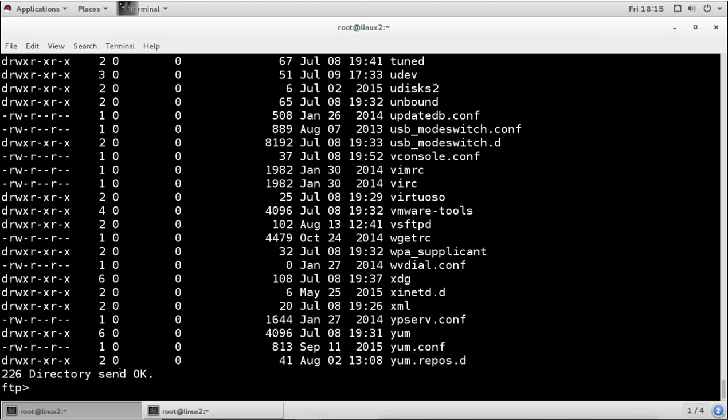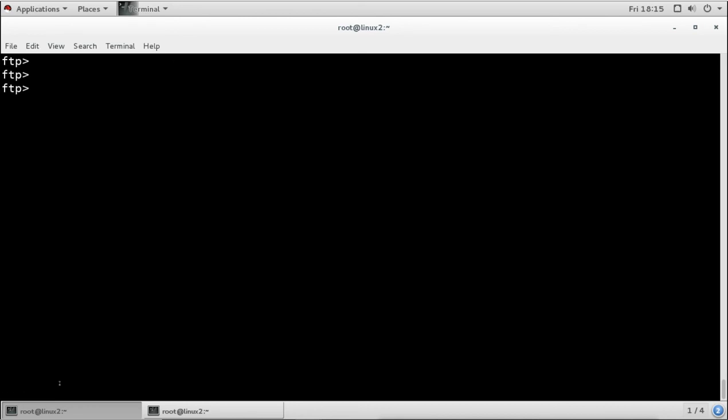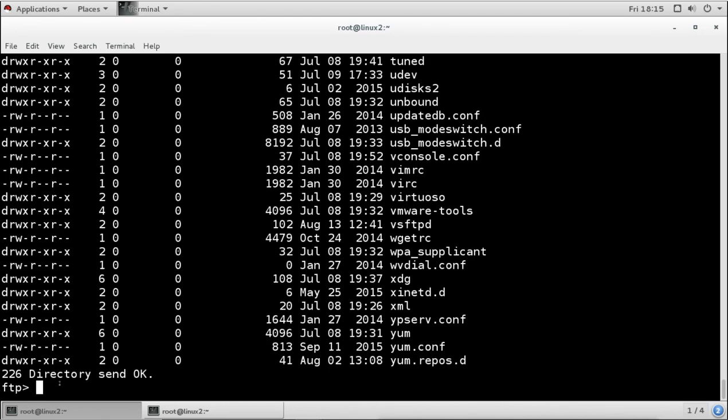Now one more thing, when you use this FTP command to connect to the FTP server, this is the client tool, and when we use this, we are not able to see the local machine files.